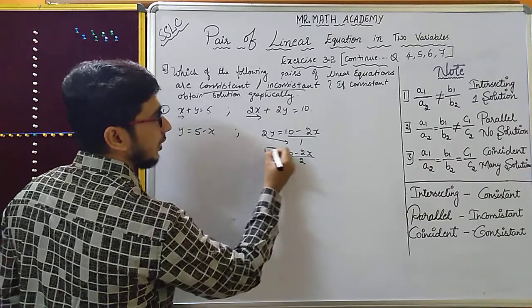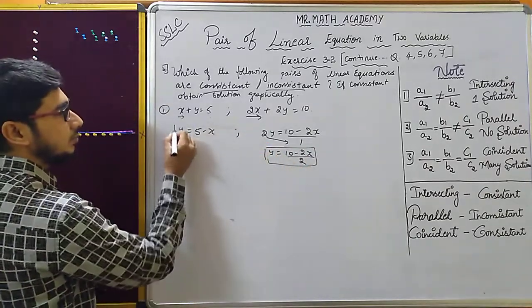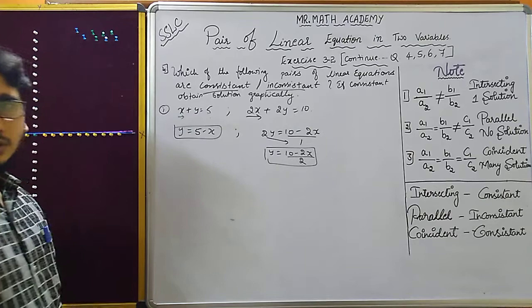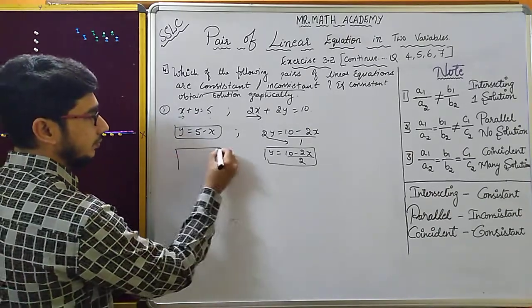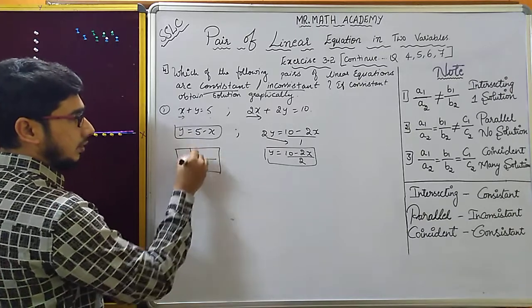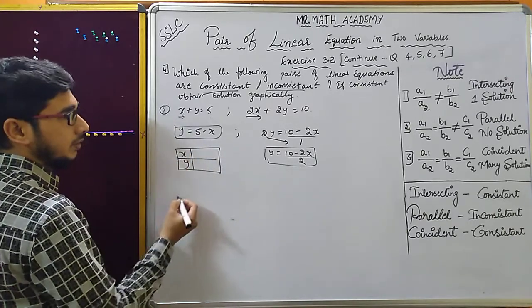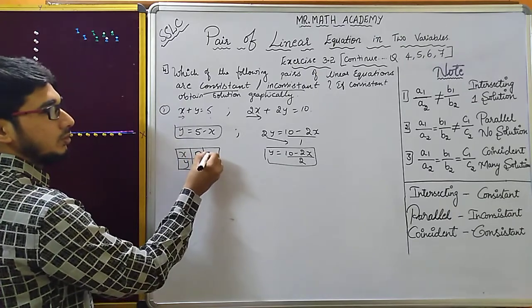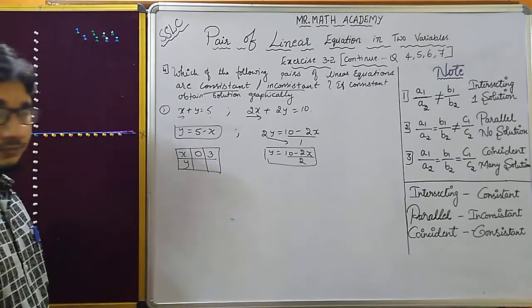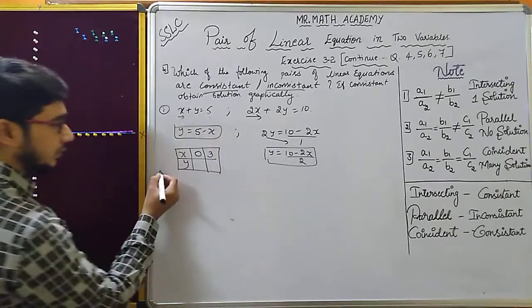This is a standard pattern, so that if it is in terms of y, it is easy for us to calculate graphical points, to plot the graph. Take the box x, y. First I will take x as 0, then 1, 2, 3, anything, I will take 3. Okay, let us plot for this.